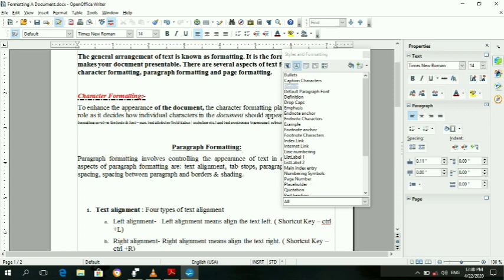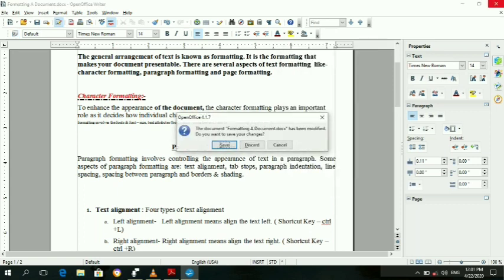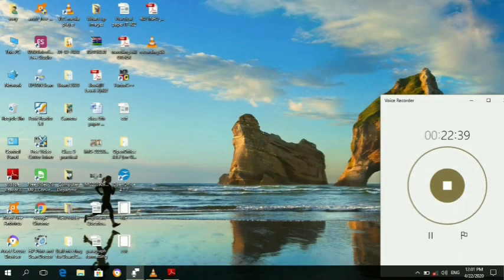Now the last topic is loading styles from a template or another document. The styles you create in a document get stored in it. You can also create a style in a template, and it will be stored in the template. OpenOffice Writer also allows you to load an existing style from a template or document into your current document. Let us see how it works. Now close this document. For this we require an ODT type file, meaning an OpenOffice document type.